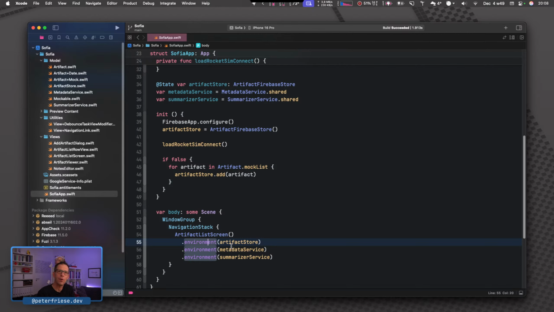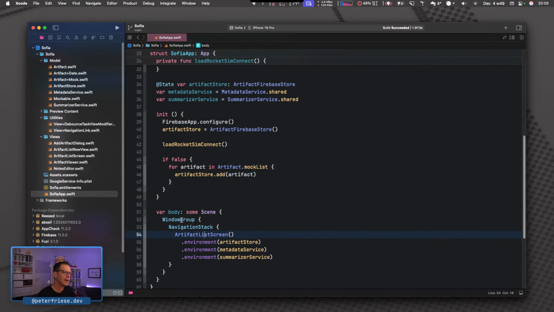And whenever you open a sheet, for example, in your application, that opens a new branch in your view hierarchy. And as far as I can tell, if you open a new sheet, then this will essentially establish a new copy of the environment. And if you want to pass stuff into that sheet, you have to do that manually. But this is not that kind of problem.